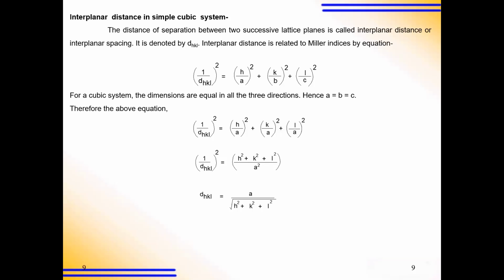So D110, so D110 means HKL. So that plane is parallel to the one axis and therefore the intercept is infinity, and one over infinity comes to 0. So therefore for 110, it will be a upon root 1 square plus 1 square plus 0. So it will be